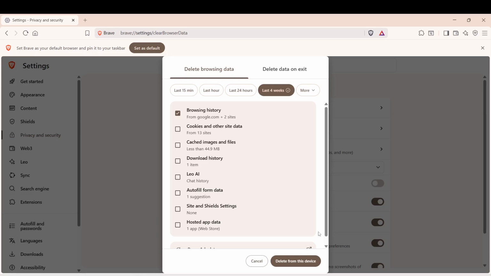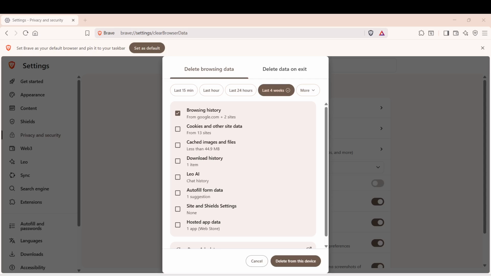Clearing your history like this helps keep your browsing activities private and secure. Brave is built with privacy in mind, and by regularly clearing your history, you're taking full advantage of those features. Remember, keeping your browsing data in check not only protects your privacy, but also optimizes the performance of your browser. This simple routine can save you a lot of time and potential headaches down the line. Following these steps ensures that your online activities remain your own business and no one else's.